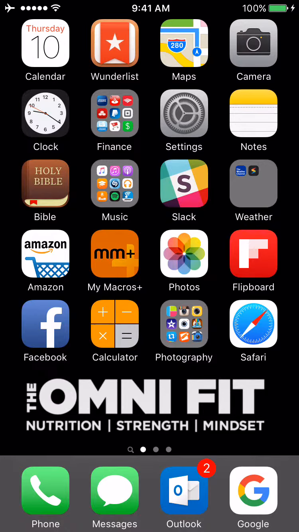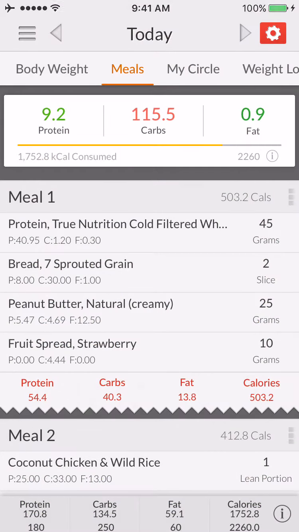Hey there, so I just wanted to show you guys how to use my favorite meal tracking app, MyMacros. So I'm going to enter the app. I'm just sharing my phone screen here, and I'm just going to go through a couple different things like editing meal names, setting your nutritional goals. I'll go over adding custom foods, also searching for other foods, and I'll touch on creating a recipe as well